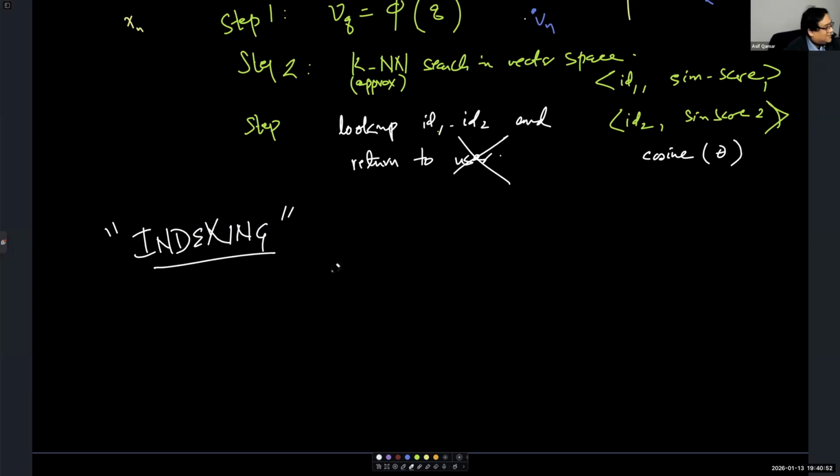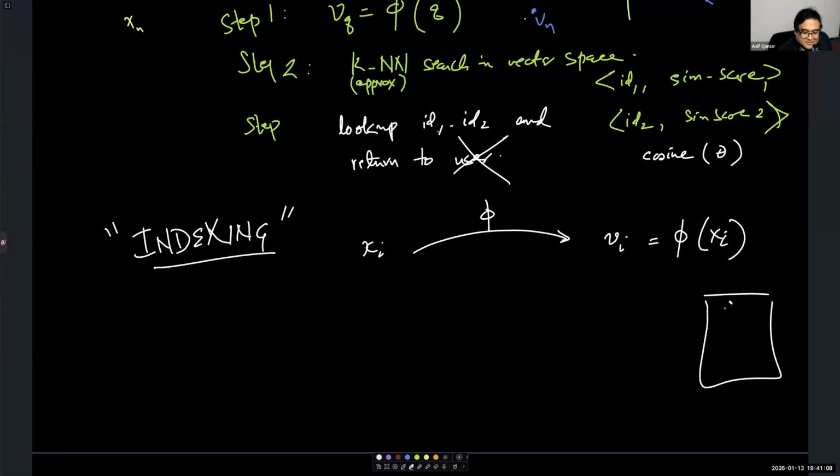Document in our field is like that. It can mean anything that people want it to mean. So for any new document xi that comes, you can apply embedding to create a vector, v is equal to phi of xi. Where do you insert it? You insert it into your vector DB, isn't it? So your vector DB is populated.